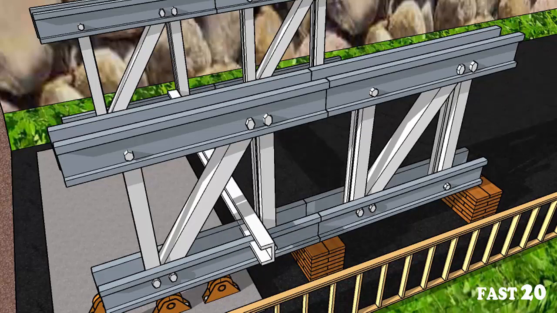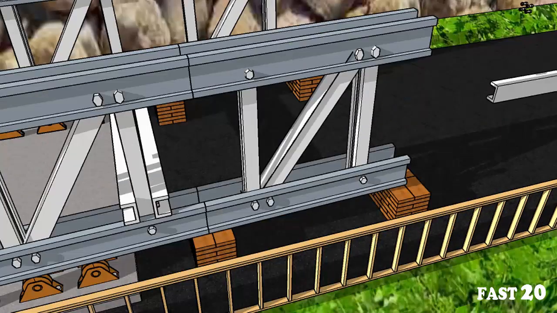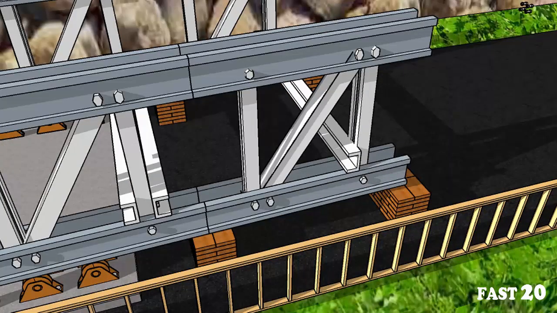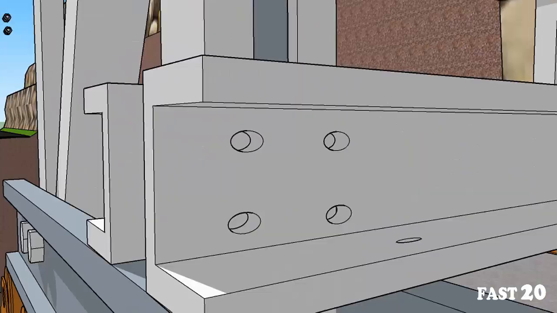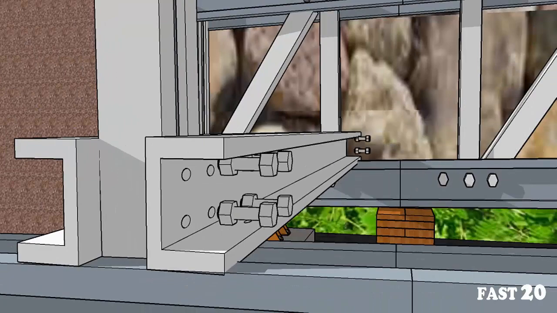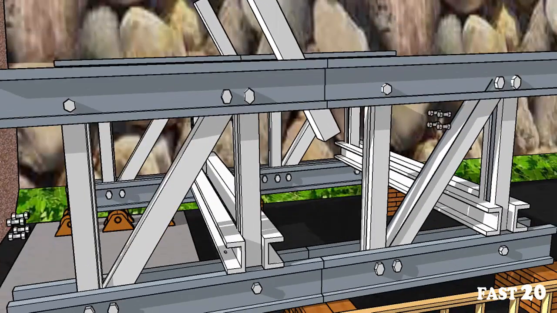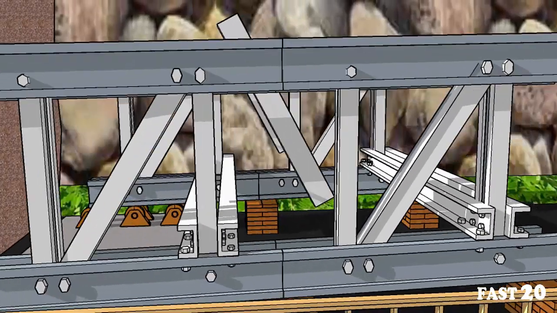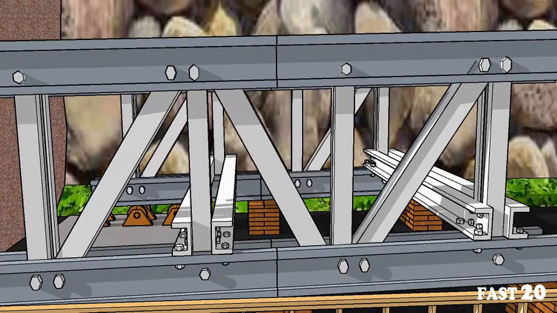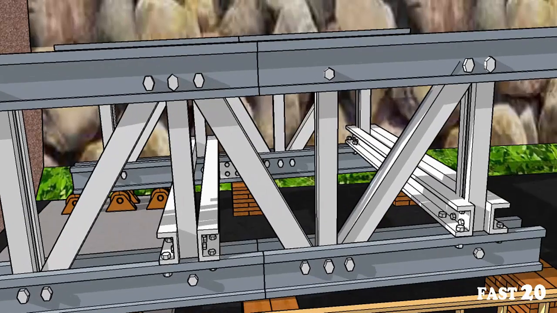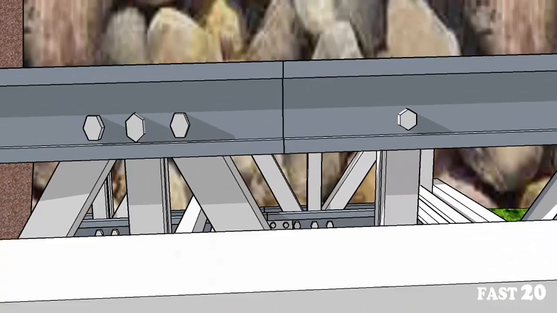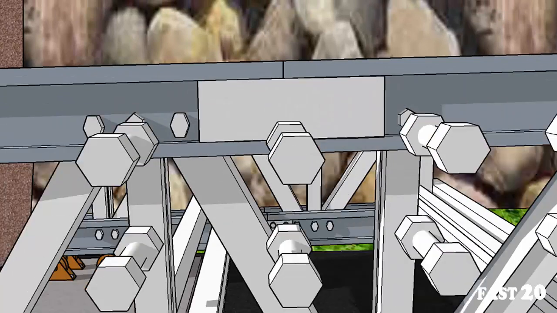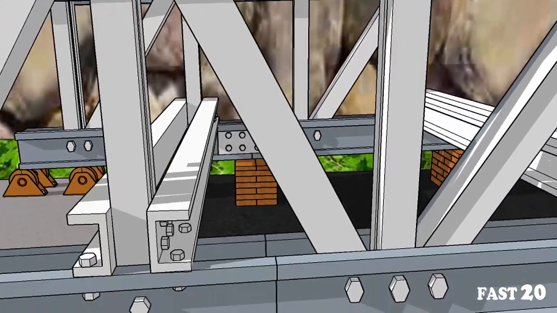To connect the left and right row of panels, we are connecting them with horizontal members over which the road surface will be placed. And also, one diagonal member is connected between two panels. A gusset plate of 10 to 12 mm is used to connect and transfer the load evenly to the connected member.